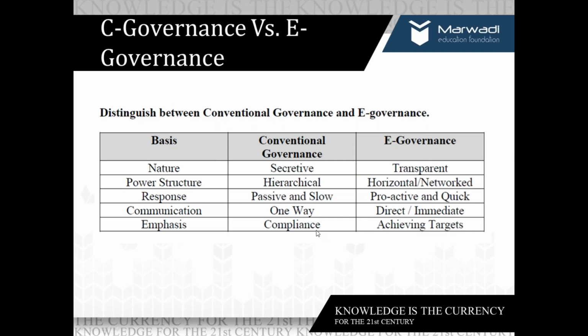Emphasis we can consider as compliance, and here they always try to achieve their targets. If they find 100 queries in one day, they try to resolve them as soon as possible. That is the beauty of e-governance, right? Now I hope you are clear with e-governance.